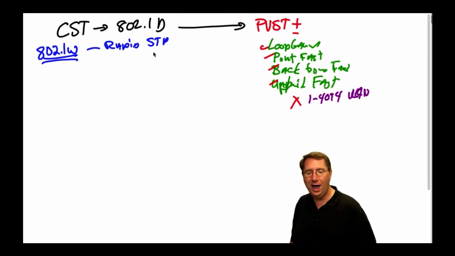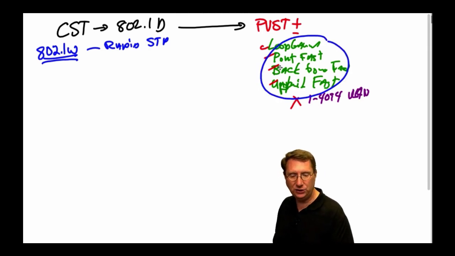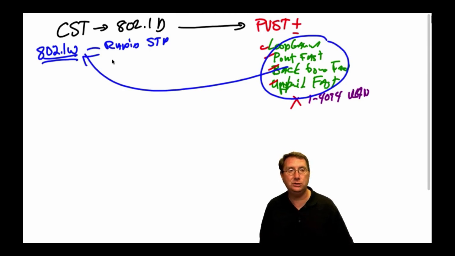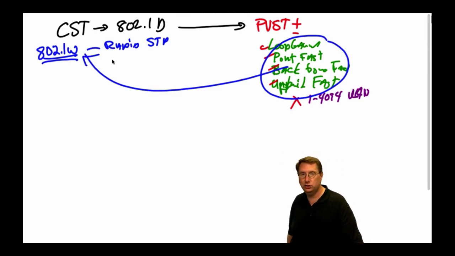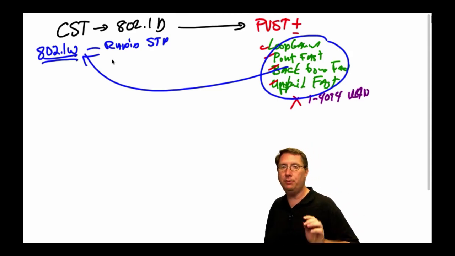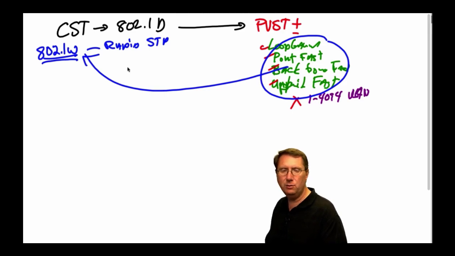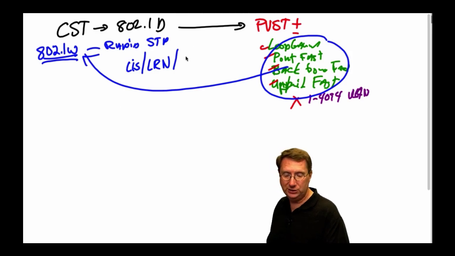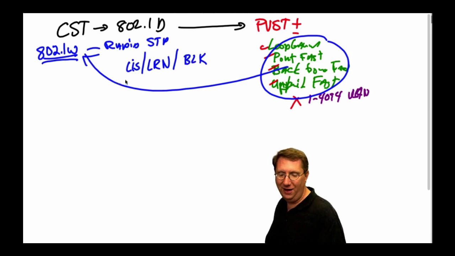Now when we look at this, what happened was Cisco took a lot of these features and ported them to this particular protocol as a version and enhancement. The main reason for doing this is because they wanted to incorporate those modifications. Now in doing so, Cisco decoupled the idea of, remember I told you that we would always have this idea of listening, learning, and then there's also other states, there's blocking,